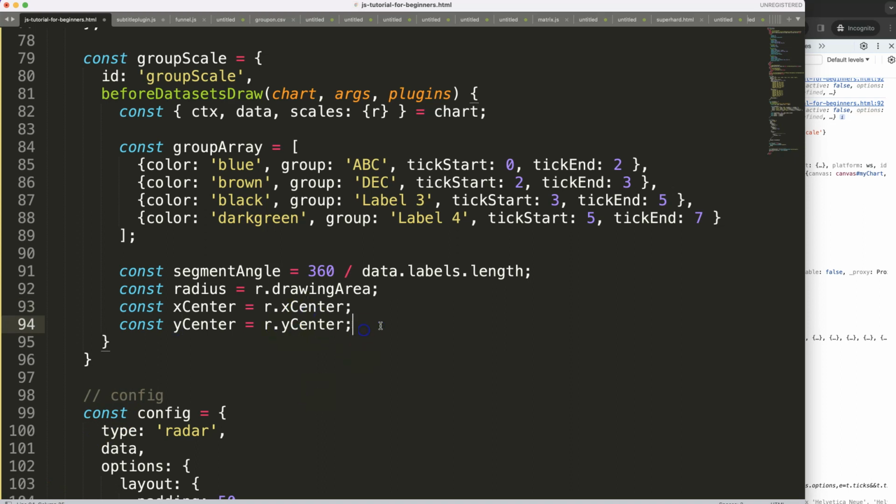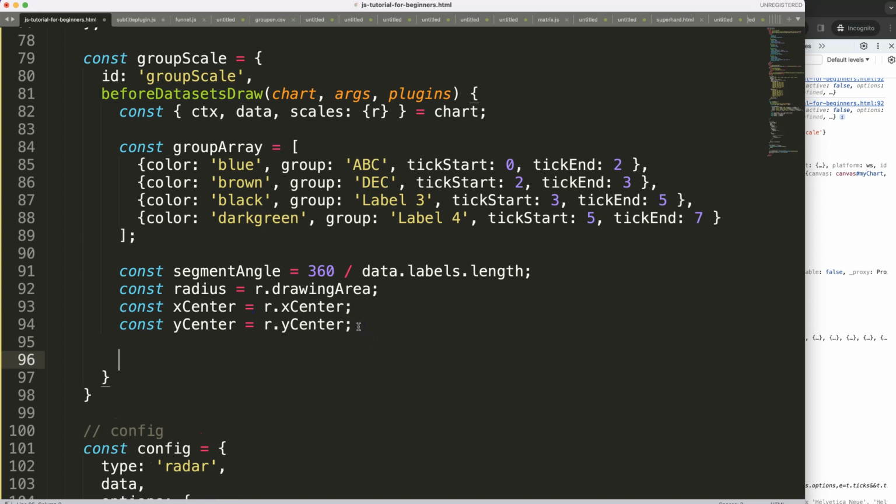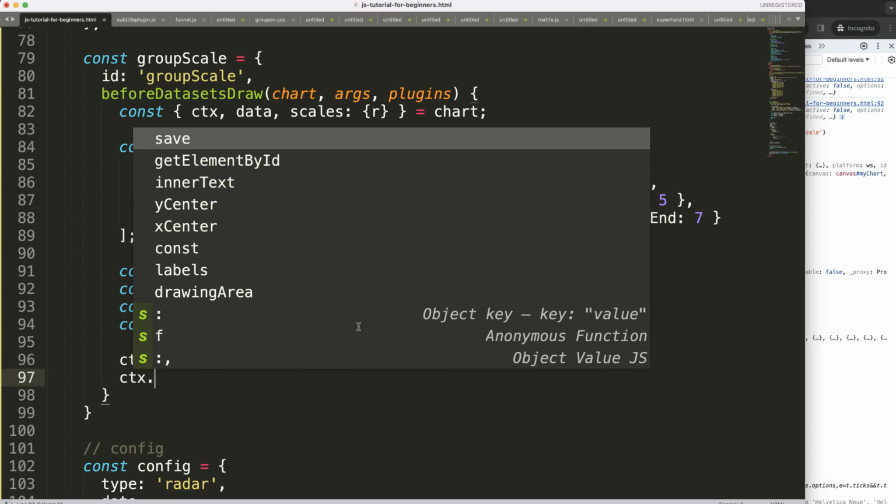So now we have this, and I'll be showing you later on how we use that. Or we can do it right away. So what I want to do here, the first thing, is we want to draw something. And what I mean by drawing is we're going to say ctx.save. We're going to draw our first line. And then I'm going to say here